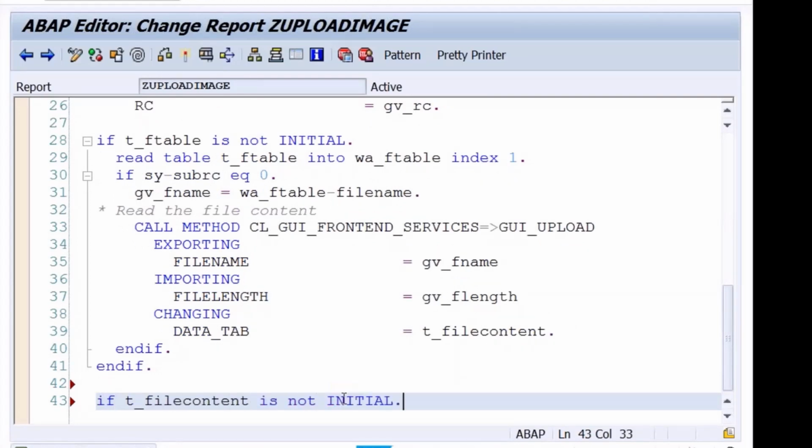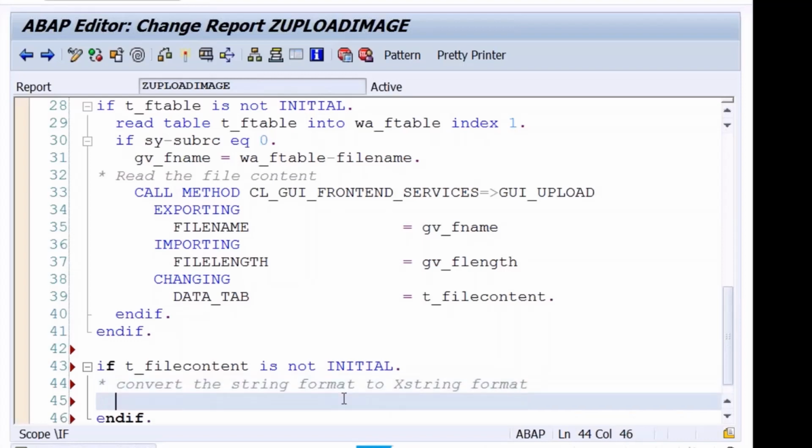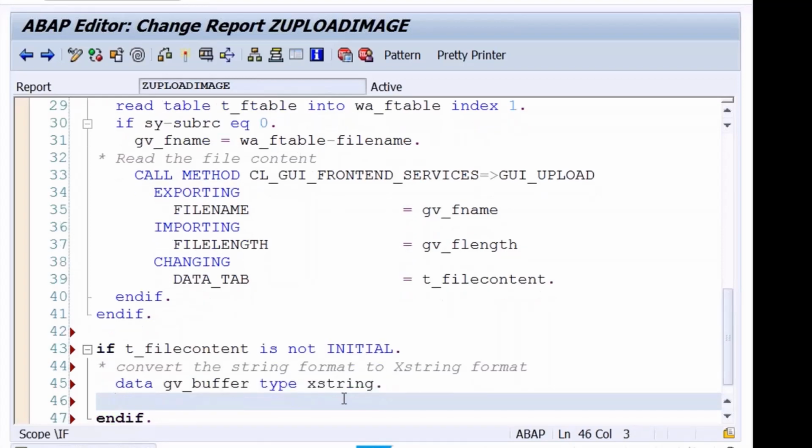If it is not initial, what you have to do? Convert the string format to XSTRING format. So I'll declare a variable, data GV_ of type XSTRING.